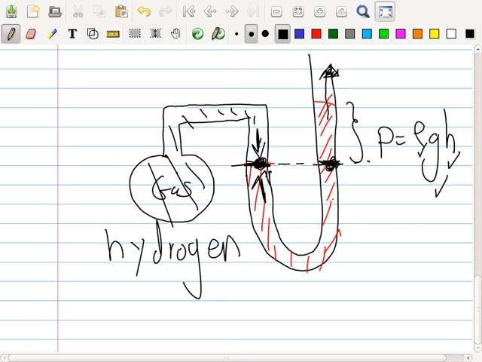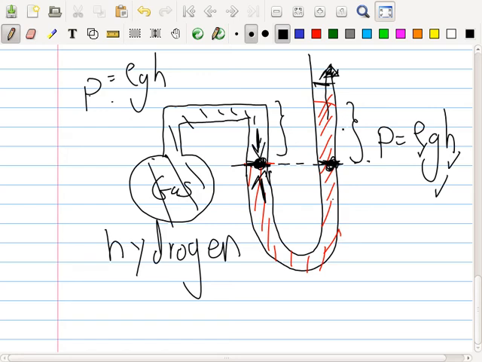I suppose what's a little bit unfortunate about this diagram is there's this piece underneath. Maybe I should put this container up here to make it clearer. But anyways, I get the point you're making. On the other side you have pressure equals rho g h. But the height here would be this, I think. It's not going to be the same as this. How could you find the height? This would be the height. It's how far down it is from the top. So pressure equals rho g h.